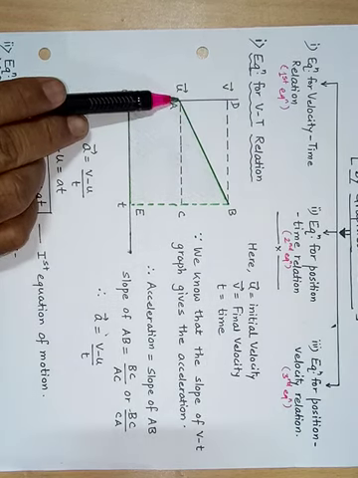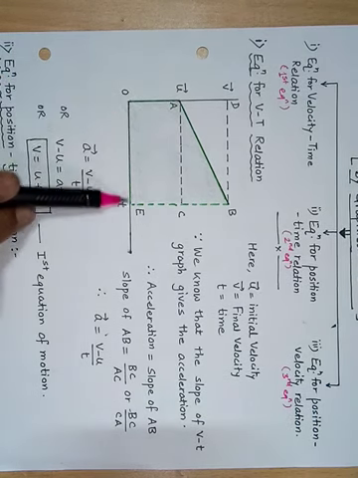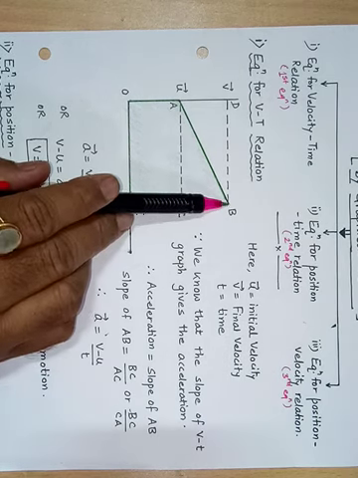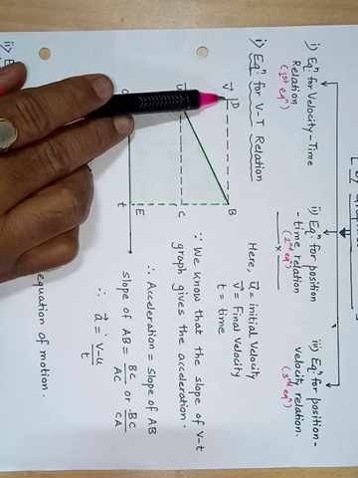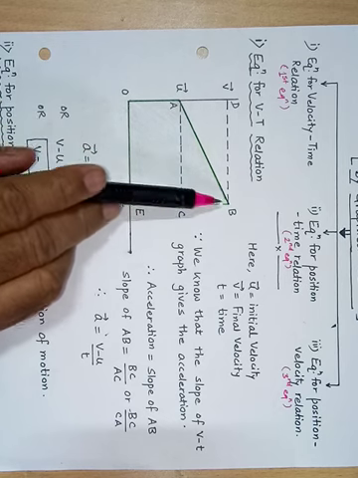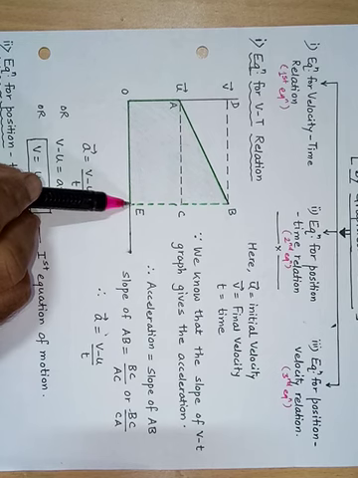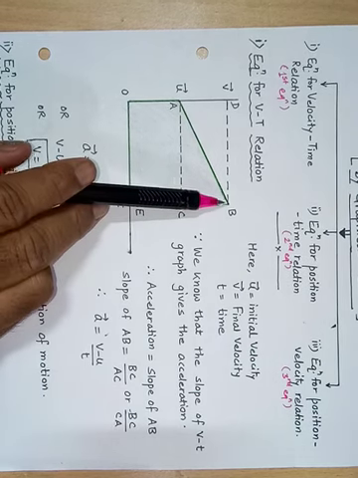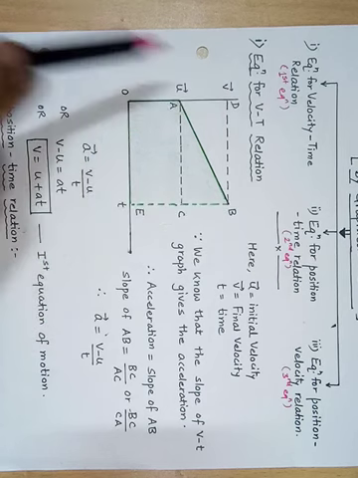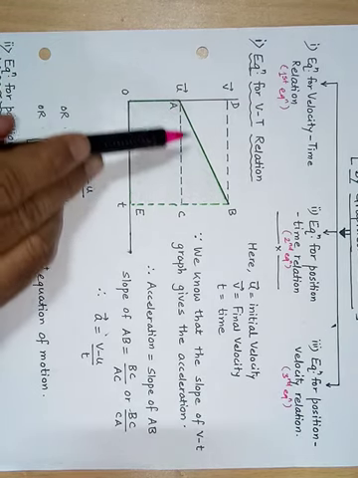So when the object moves between 0 to t seconds, the object reaches this point B, where this point B represents its final velocity on the y-axis. So here I am representing the object's final velocity when time t has elapsed, or time t is completed. At this particular point, the final velocity of the object is v.